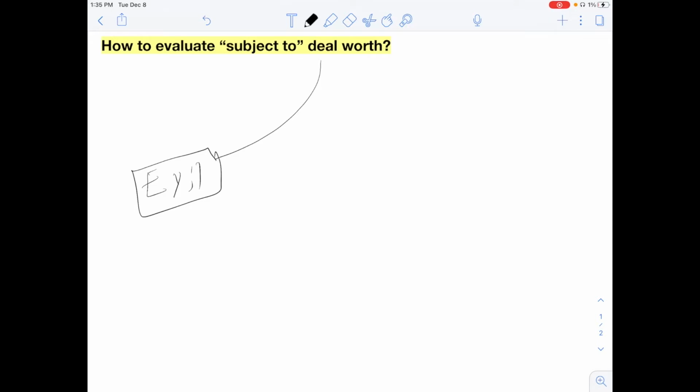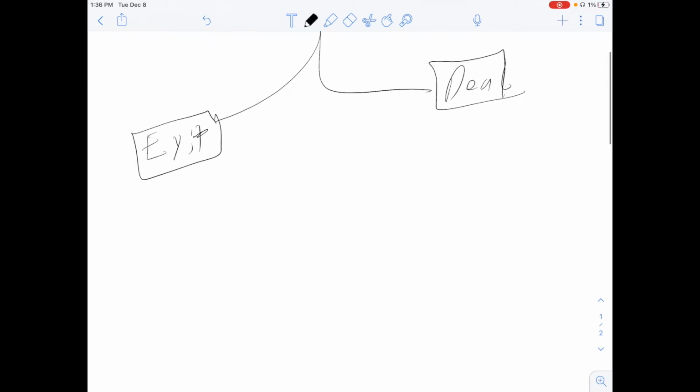But the way I evaluate deals on a psychological aspect is two things. One is the deal, because the deal itself will have limitations. And the other one is the exit strategy. And the exit strategy will depend on every individual or every type of investor out there. I'm going to run through many types of different investors so you can get an understanding of what types of buyers there are, how they think, and what their thinking processes are.